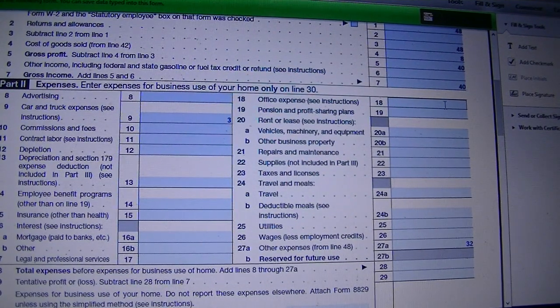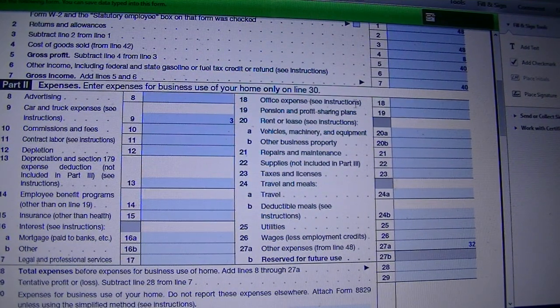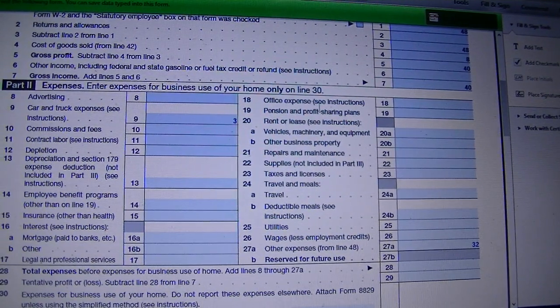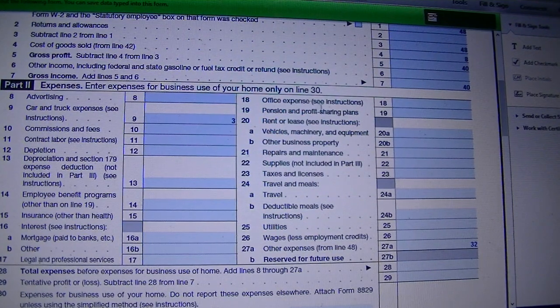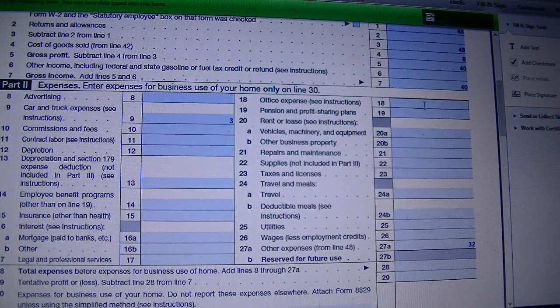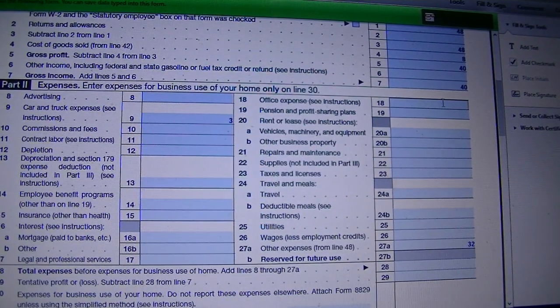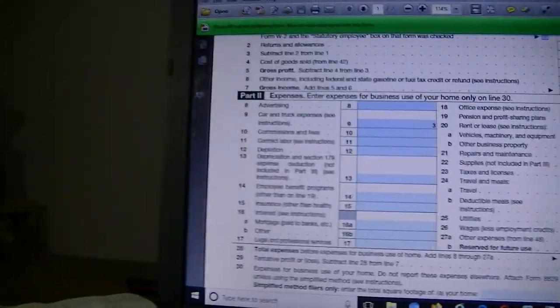But we will probably talk about that later, or you can read the IRS instructions on Schedule C to see how you want to treat your office expenses. But what I usually do is when I purchase office supplies, I will enter that in my inventory and I will just claim the amount that I used during the year. As you can see, I don't have anything here to claim, but I can show you, right on my left here,